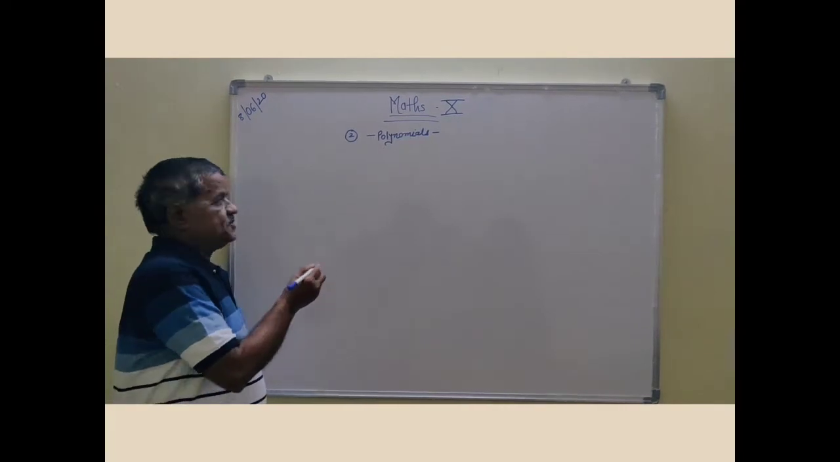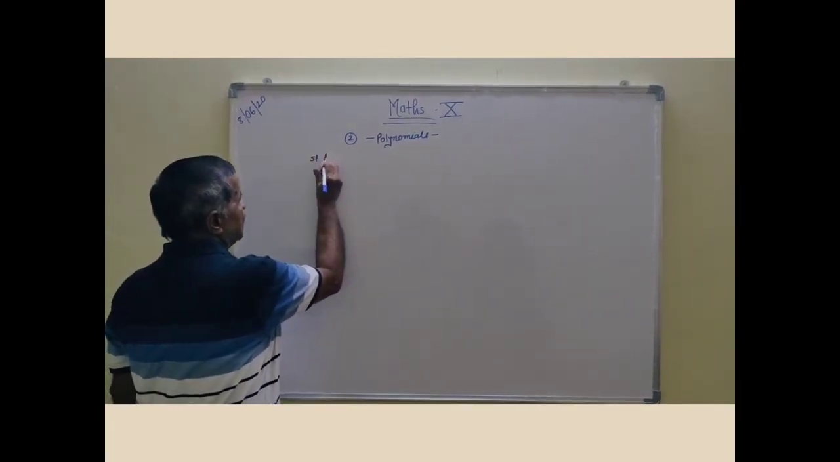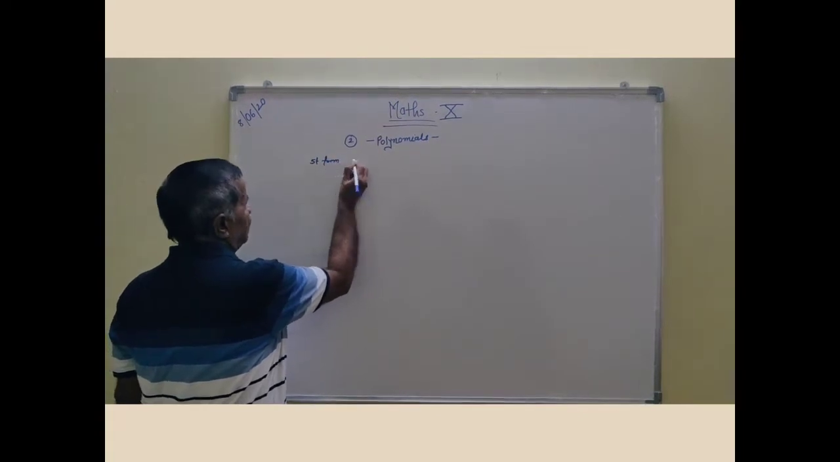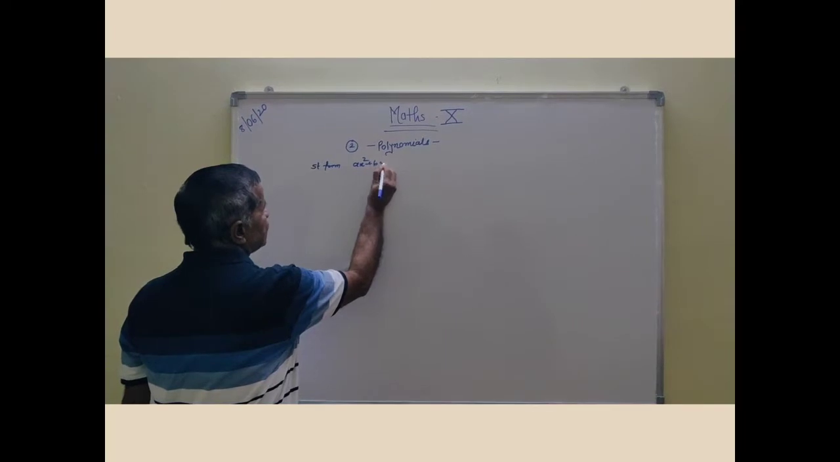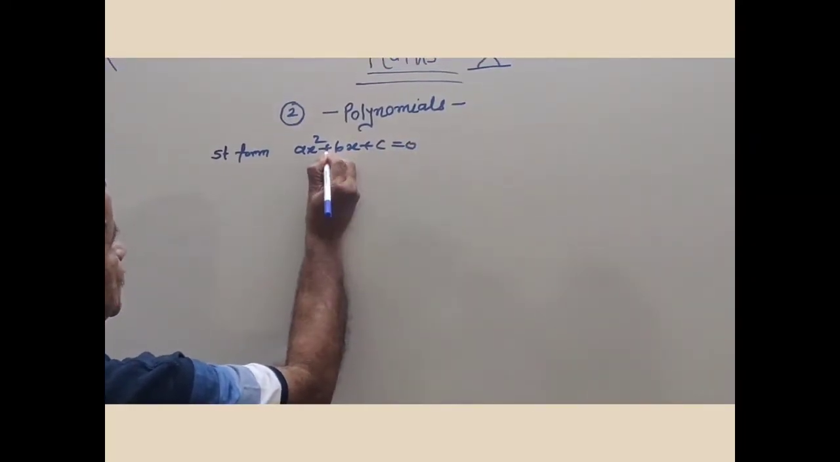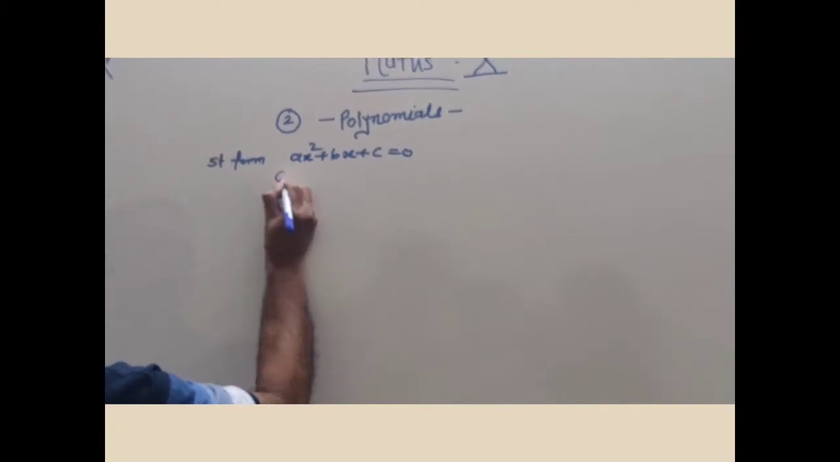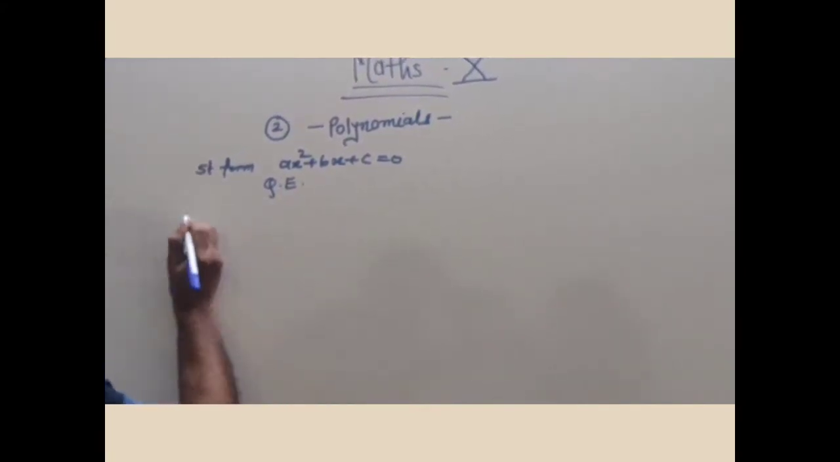Okay, the standard form of a polynomial is ax square plus bx plus c is equal to 0. This is the type of quadratic equation. There are different types of